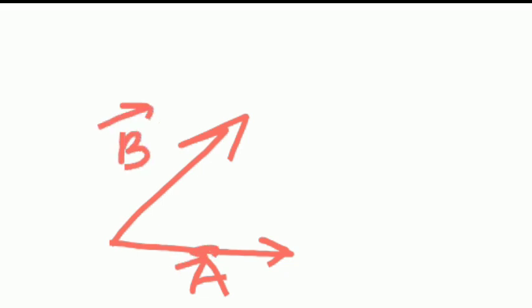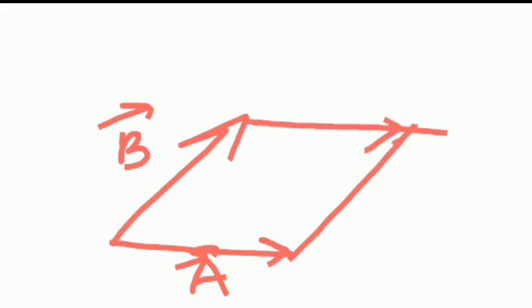Now there is another method of vector addition, and that is called the parallelogram law of vector addition. Instead of joining tail and head, we will join the tail and tail of the two vectors. Suppose this is vector A and this is vector B bar. So what we will do is form a parallelogram by drawing parallel lines to both these vectors B bar and A bar. If I draw a line parallel to vector B, I will get such a line, and then again I will draw a line parallel to vector A. So I will get such a line.